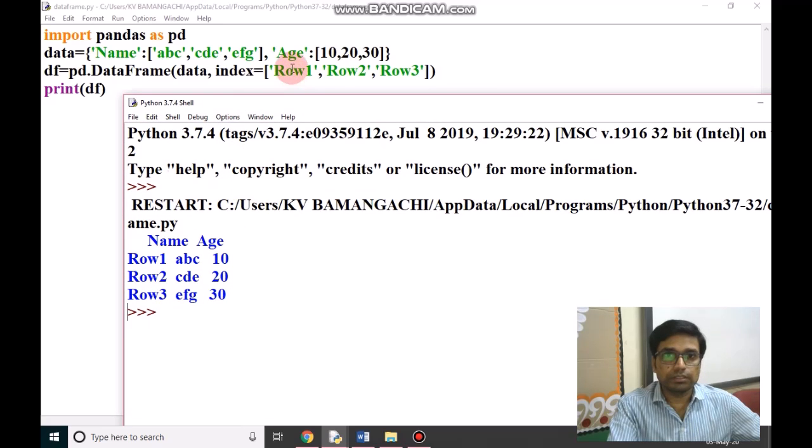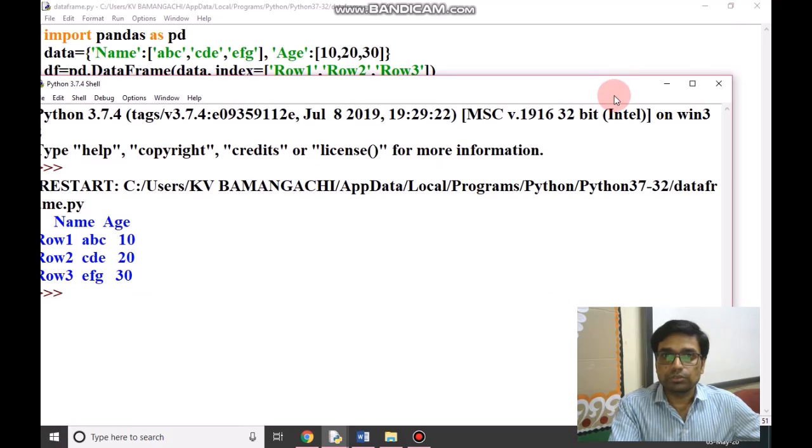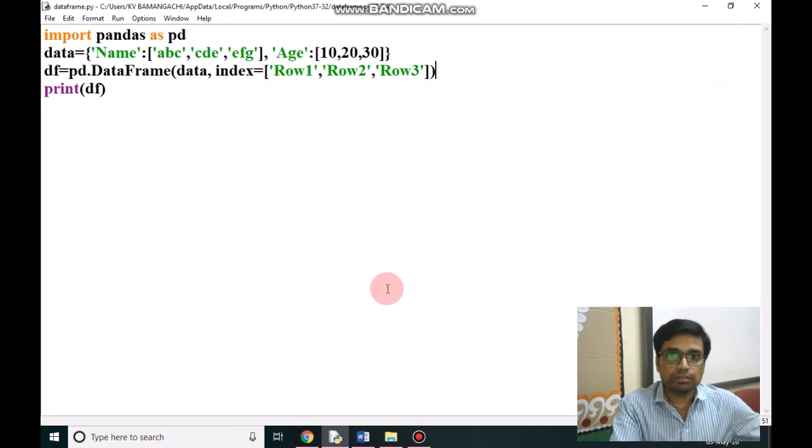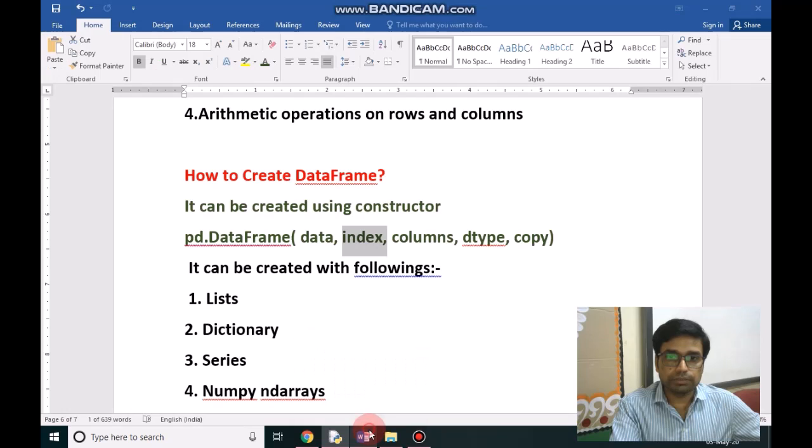Here we can see age is a key, 10, 20, 30 is a list, and these values come under the age column. So this is another method to create a data frame.